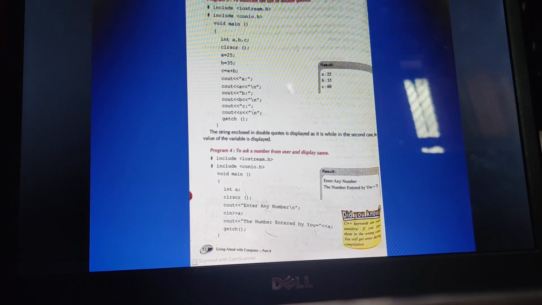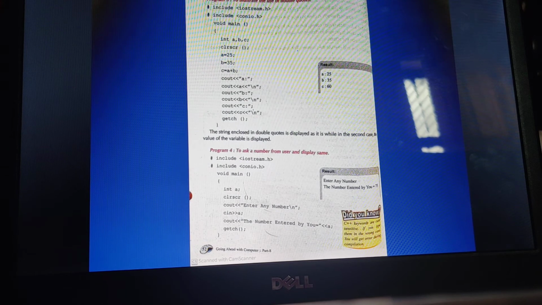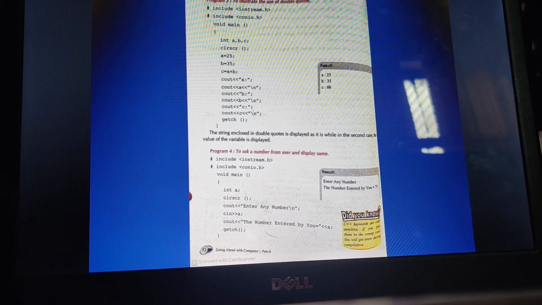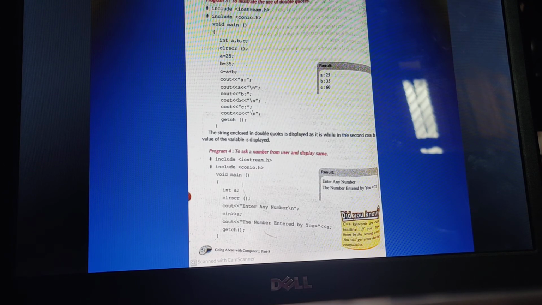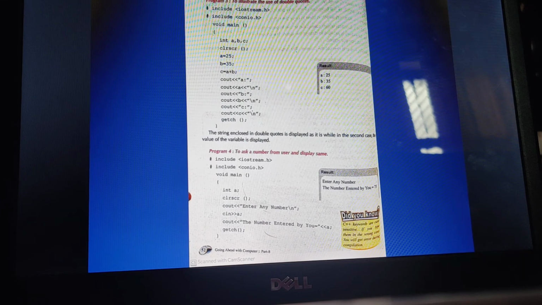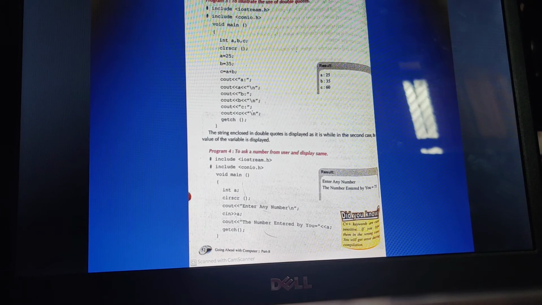Okay, now to illustrate the use of double quotes, how you will be using your double quotes. Fine. In the previous programs, when we were adding two numbers, we predefined those numbers over there, and we were only printing the result, right? We were not telling what was the value for a, what was the value for b, but here we will be telling the values of your a and b.